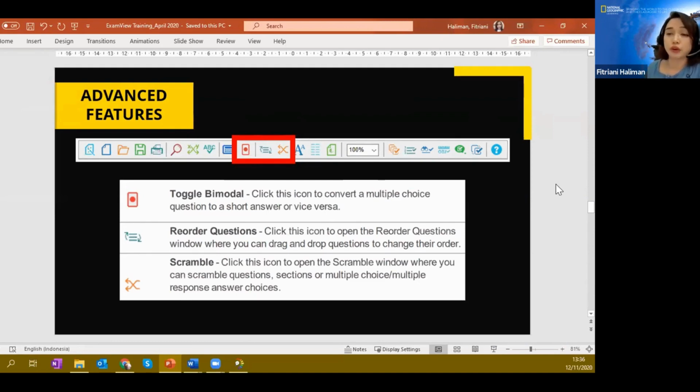We tried reorder questions. Yeah, you can drag and drop questions to change their order, or you can just scramble the questions. Yeah, so you click the scramble icon to open the scramble window where you can scramble questions, sections, and multiple choice or multiple response answer choices. Okay,